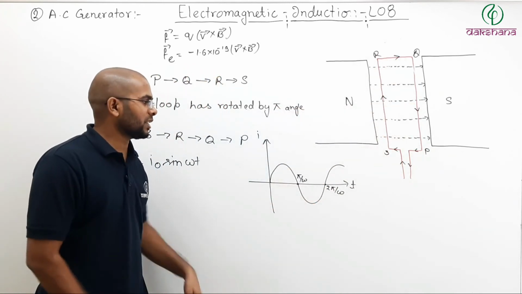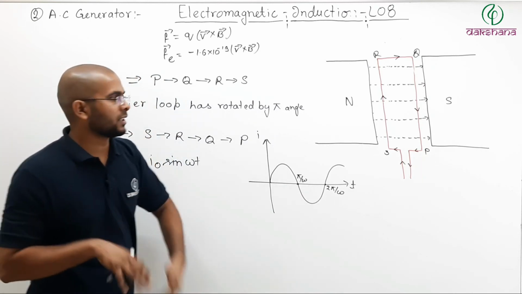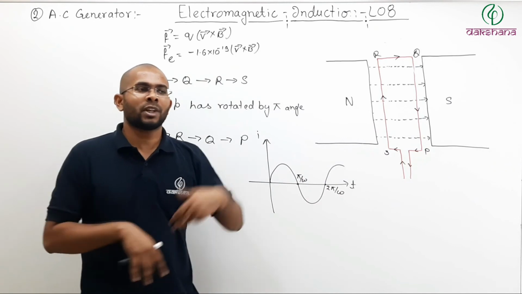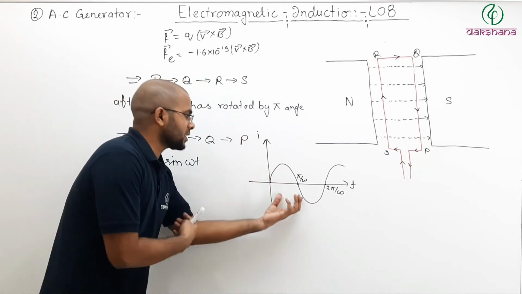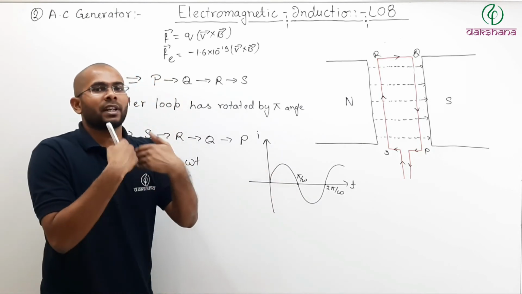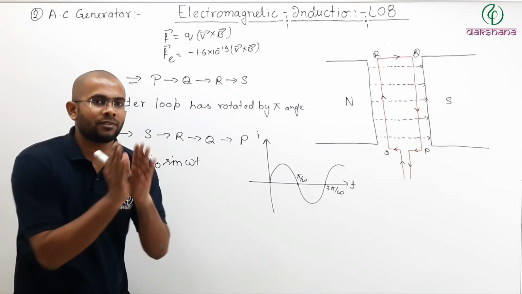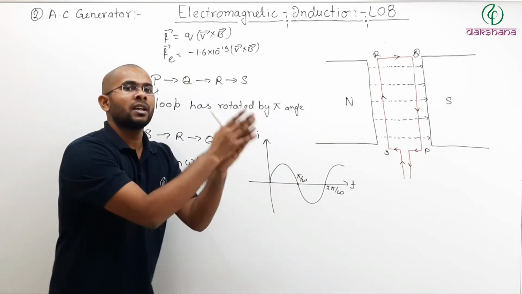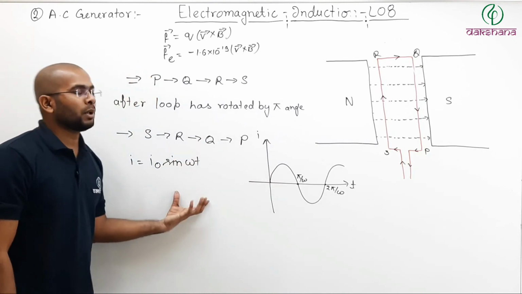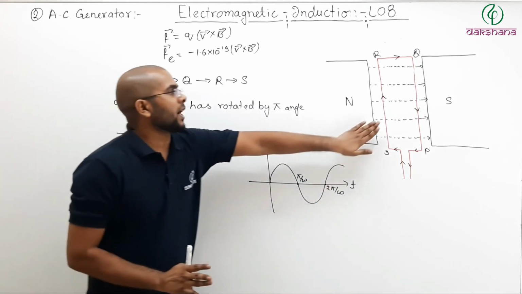It should not happen that in one way you are getting a different result, and in another way you are getting another result. If you are getting different results, meaning you are doing something wrong. So if your result is correct, that after every pi by omega time the direction of current is changing, then in all the three ways I should be getting the same result. Pause the video, note down, then we will discuss a very simple way in order to find the direction of current in a loop.